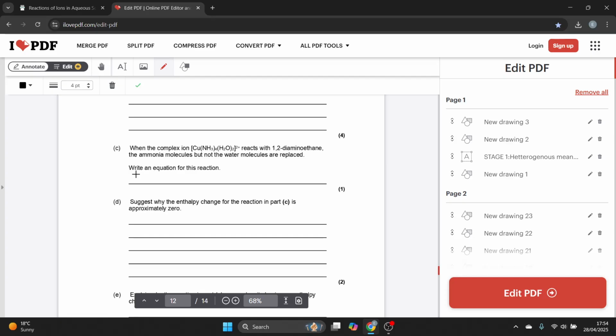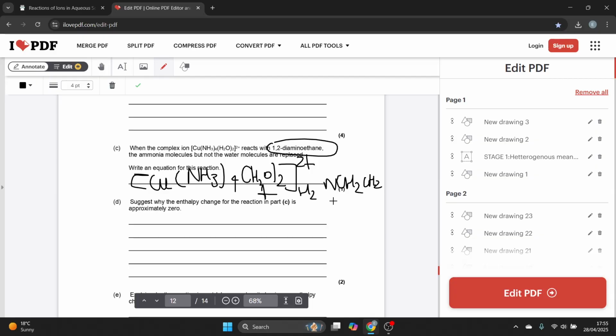So I've got Cu(NH3)4(H2O)2 2+, and you need to know the formula of this as well, plus H2N CH2 CH2 NH2